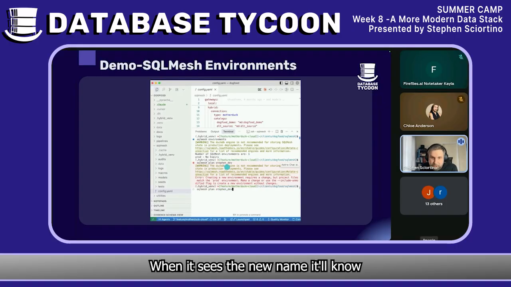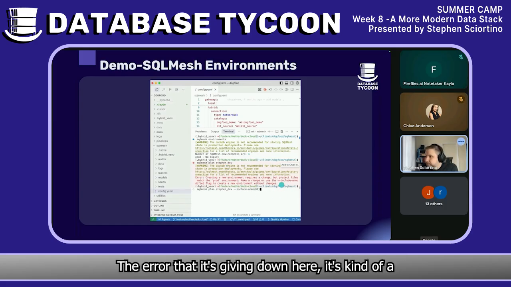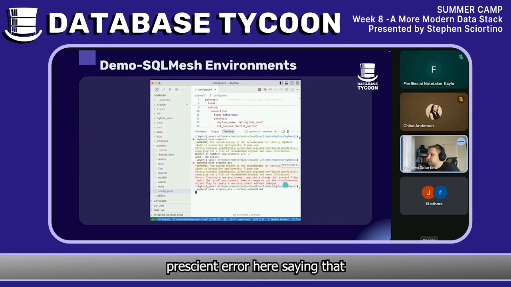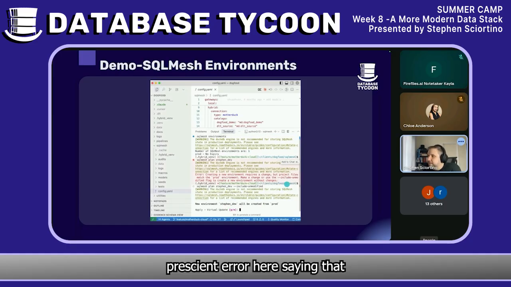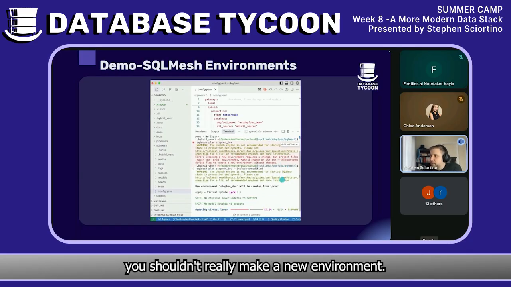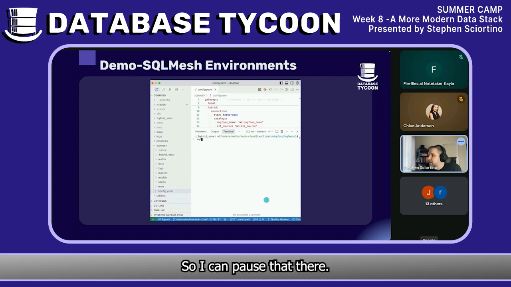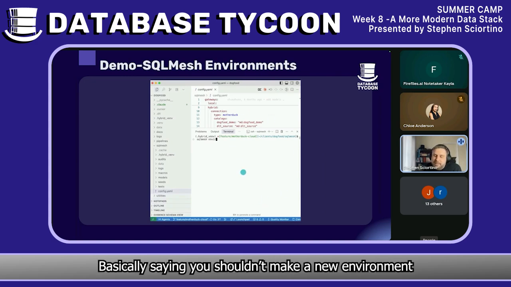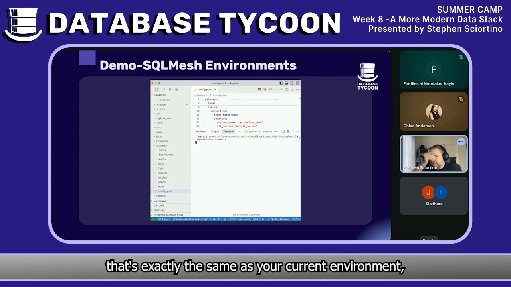When it sees the new name, it'll know it has to create a new environment. The error that it's giving me down here is kind of a prescient error, saying that you shouldn't really make a new environment. Basically, it's saying you shouldn't make a new environment that's exactly the same as your current environment, because the whole